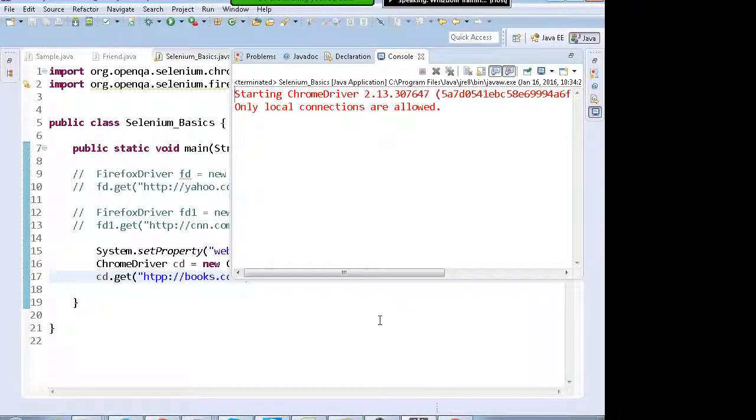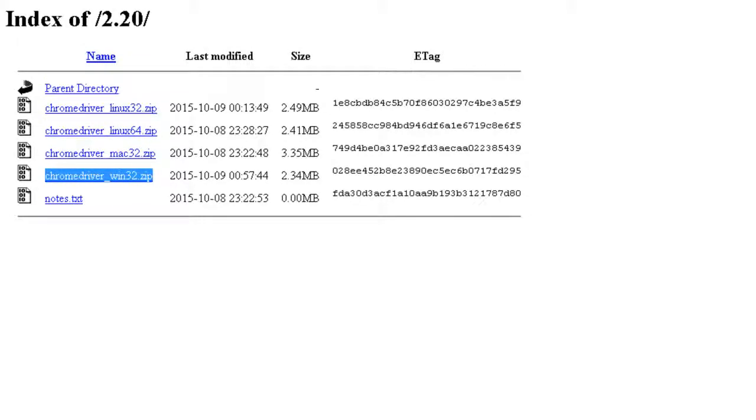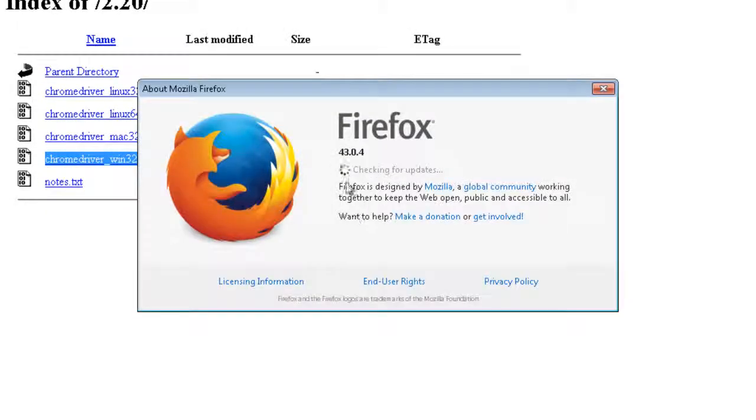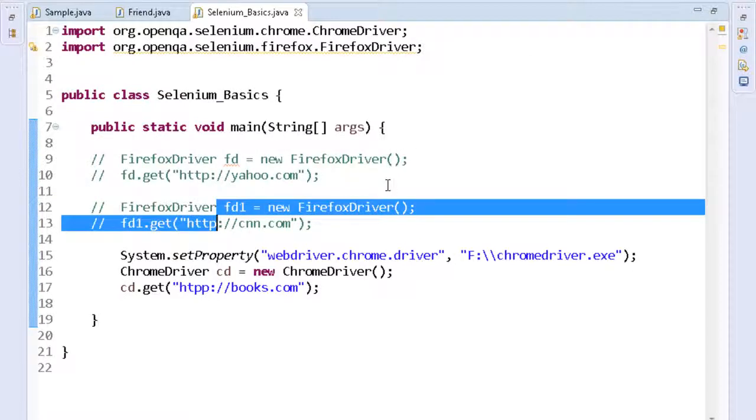Hold on, it's not taking me. Probably this current version of Chrome which I am using is not supported by the current version of Selenium. It happens, this always happens. The versions keep on upgrading, but the tool doesn't support them. For example, the current version of Firefox is 43. A few days back Selenium was not supporting it. Now it is supporting the latest version. So this issue will always be there. First the newer Firefox version will come up, the Chrome version will get updated, then the Selenium guys will update the tool.